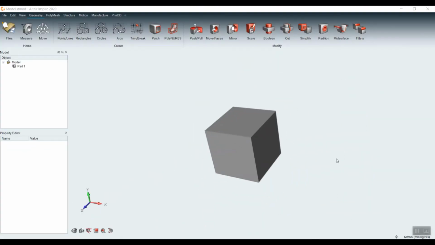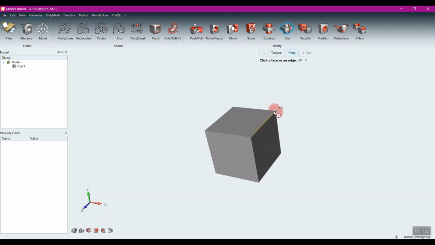The cut function within Inspire is essentially exactly what it sounds like. It cuts the parts, and it is far and away my favorite tool within Inspire, not necessarily because it does anything special functionality-wise. I just really like the icon there, the little indication. So we get this little buzz saw here. And what the buzz saw will do is